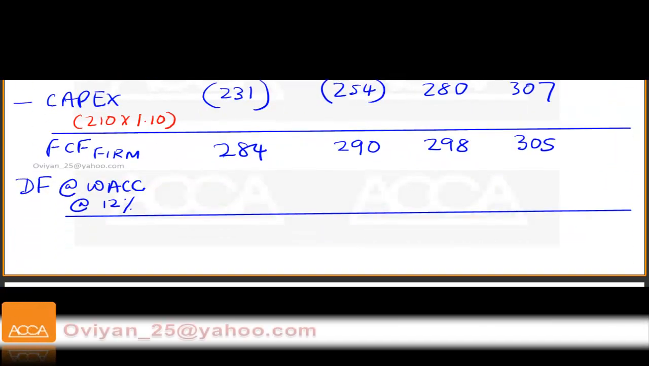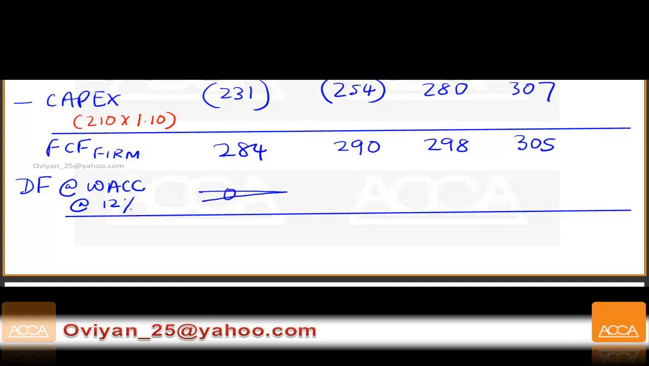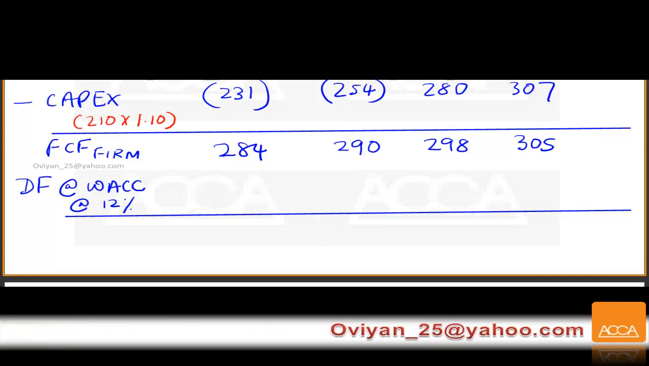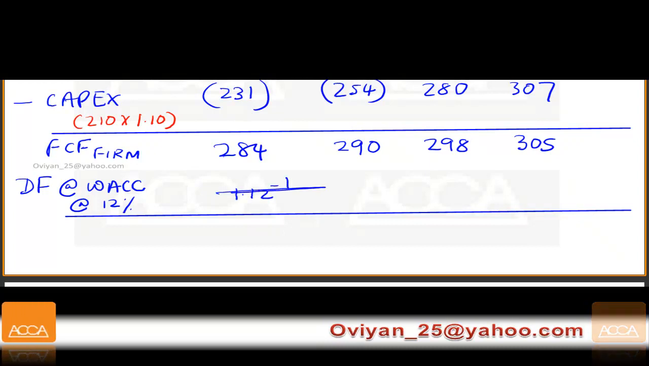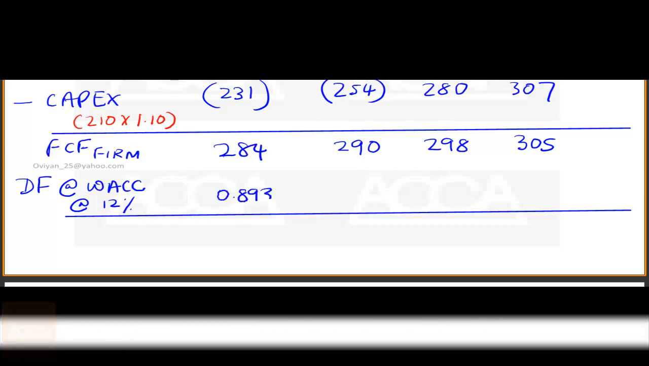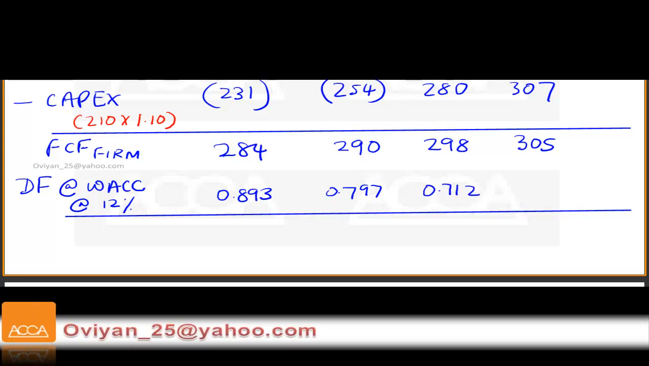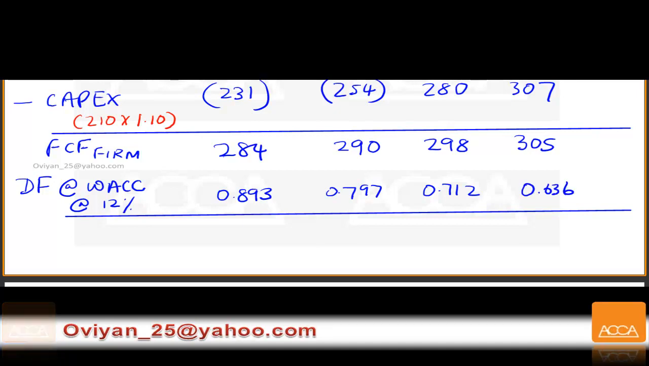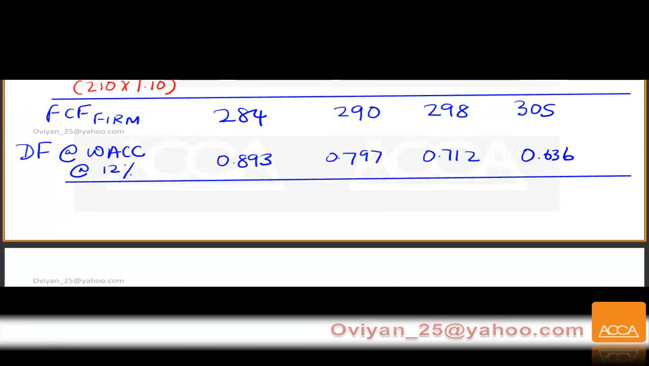The discount factor at 12% is, we'll take 3 decimals because the table gives us 3 decimals. Sometimes the examiner uses the whole value. You can also use 1.12 to the power of 1 or 1.12 to the power of -1. Any answer is acceptable, I believe. So this is going to be 0.893, 0.797, 0.712, 0.636. Now I'm going to stop here because we're going to